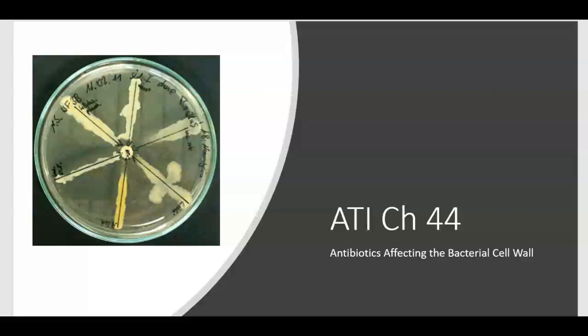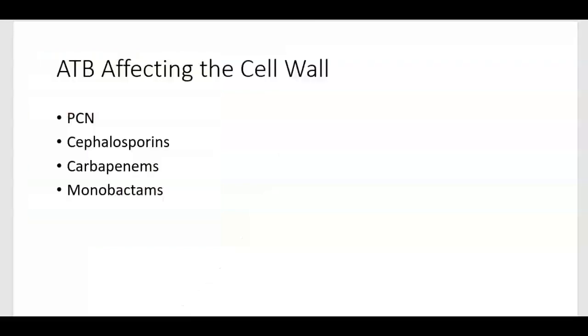This recording will go over Chapter 44 of ATI. The title is Antibiotics Affecting the Bacterial Cell Wall. Antibiotics that affect the cell wall are bactericidal. This group of antibiotics includes penicillins, cephalosporins, carbapenems, and monobactams. This lecture will focus on penicillins, seen here abbreviated PCN, cephalosporins, carbapenems, as well as vancomycin, which is a glycopeptide